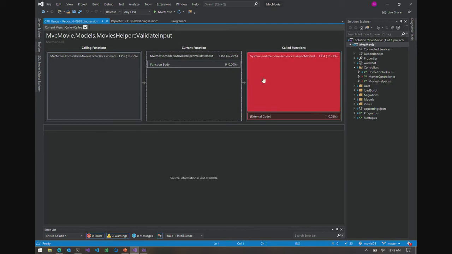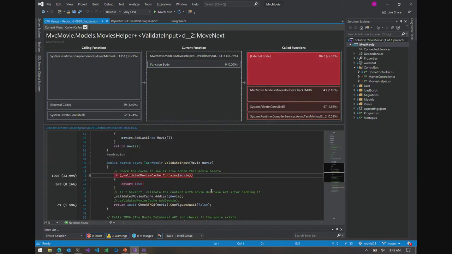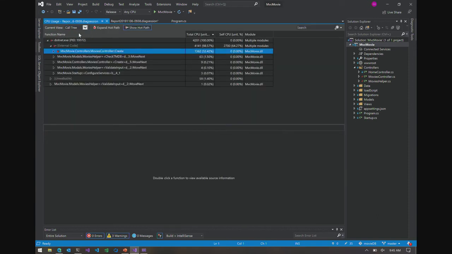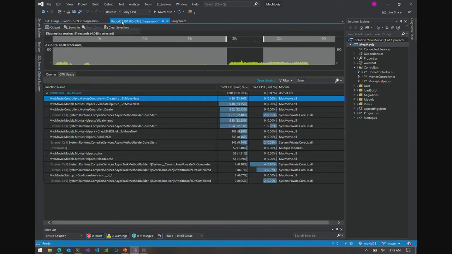Now, this sometimes can get you to where you want to be looking at in your code right away, but it can sometimes be complicated to navigate if you have a complex model, multi-threaded application, or if you're in async, if you have a lot of async stuff going on, that can be difficult to navigate. So another way that you can get to that same information is to actually see the